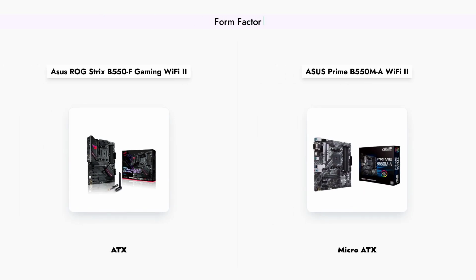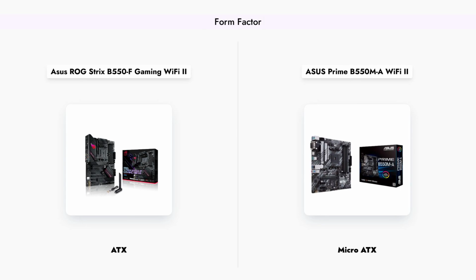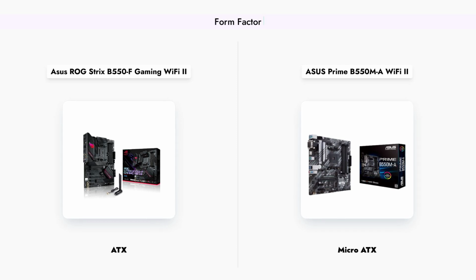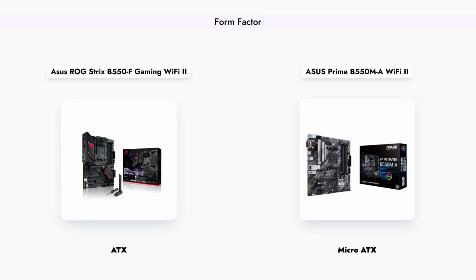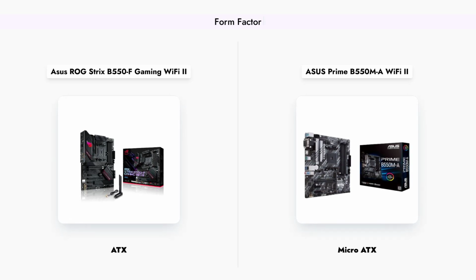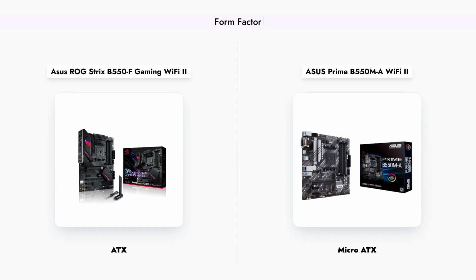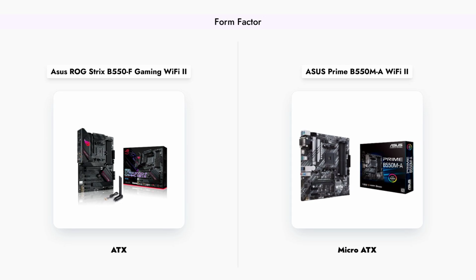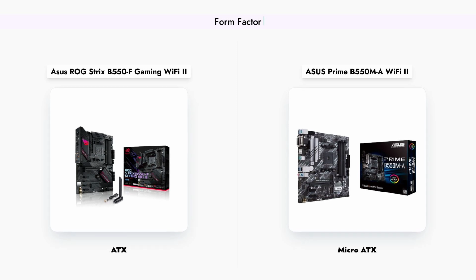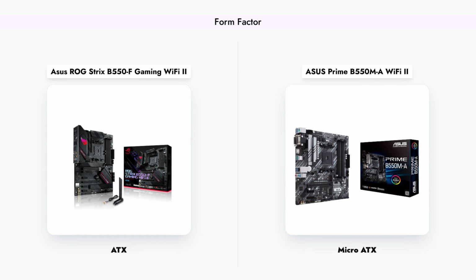The form factor is another critical difference between these two motherboards. The Asus ROG Strix B550F is an ATX motherboard, which provides more expansion slots and connectivity options, making it ideal for high-performance builds. On the other hand, the Asus Prime B550M-A is a micro ATX motherboard, which is more compact and suitable for smaller cases. While the Prime model may have fewer expansion options, it is still a great choice for users looking to save